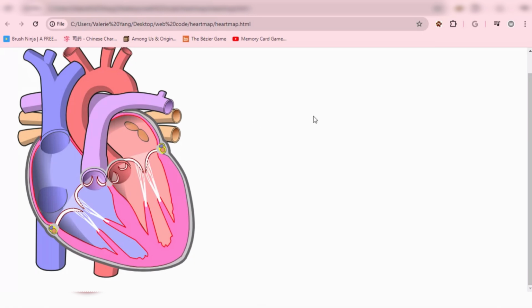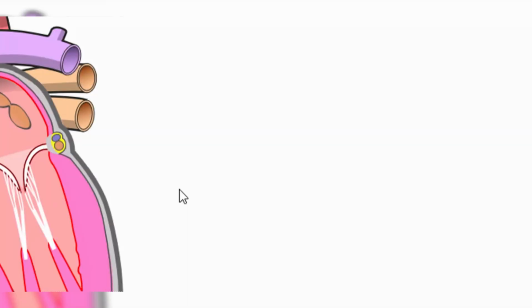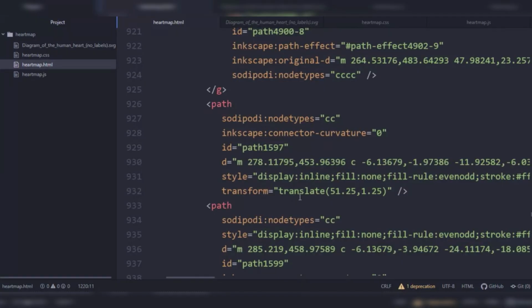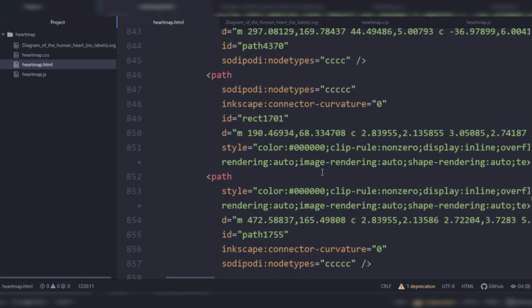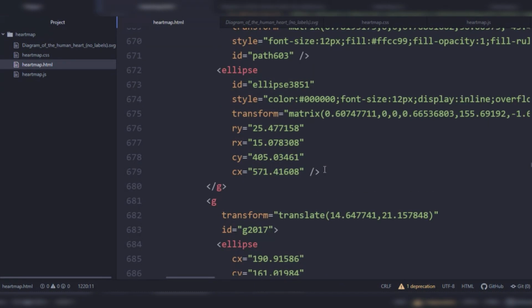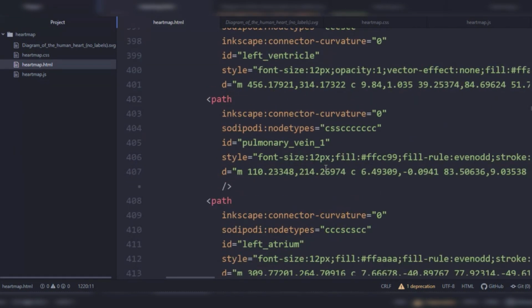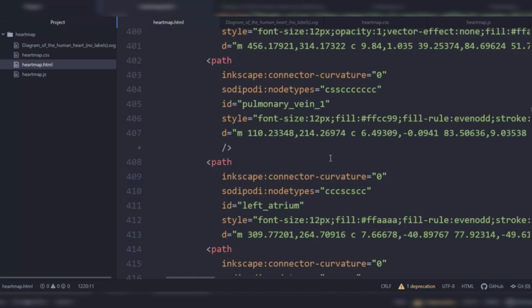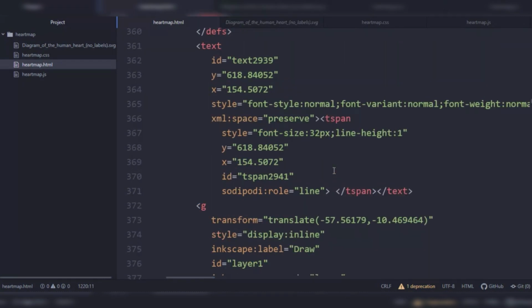Now, I really hate these gradients. I don't know why, I just have something against them. So this is an optional step. What you can do is go all the way up here. Find the end of these gradient sections. Again, this is if you're using